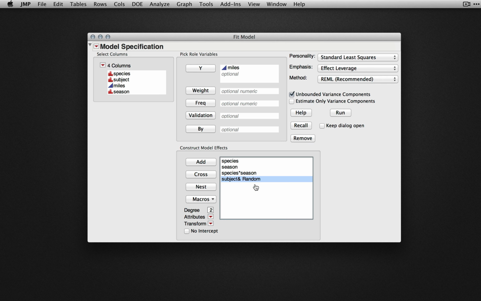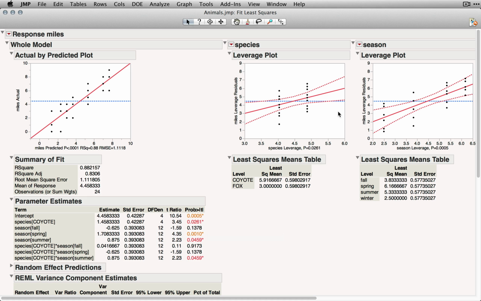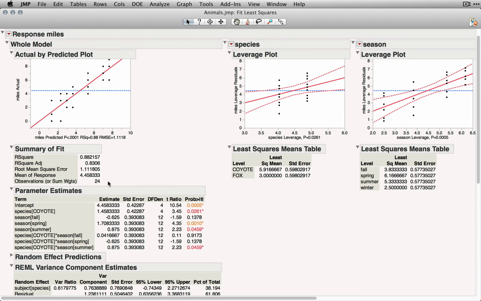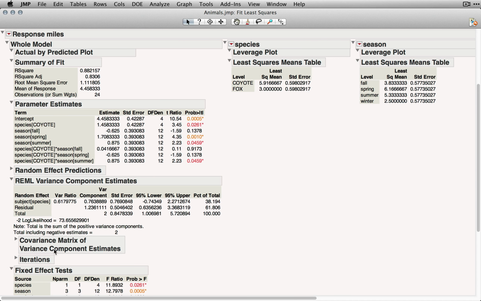One additional property needs to be specified because subjects are technically nested inside of species. That is, each of our subjects only belongs to one category of species. To define subject as nested, we'll select species on the left with subject and random selected on the right and click Nest. When I click Run, JMP will produce the summary of fit table, parameter estimates, and REML variance components